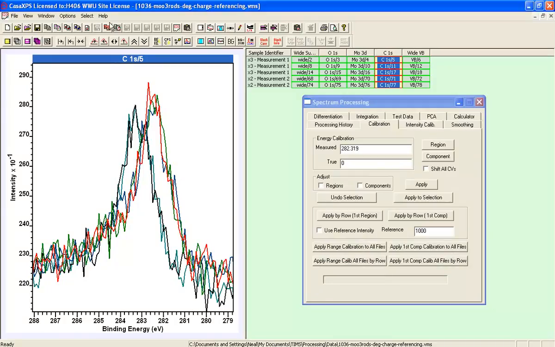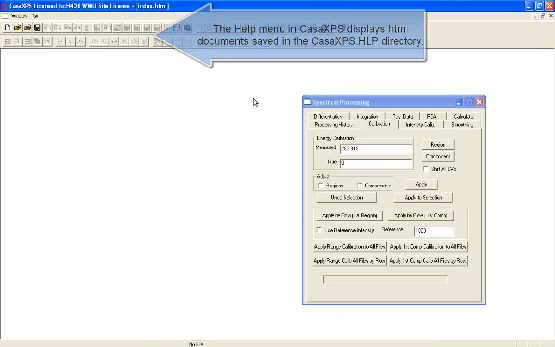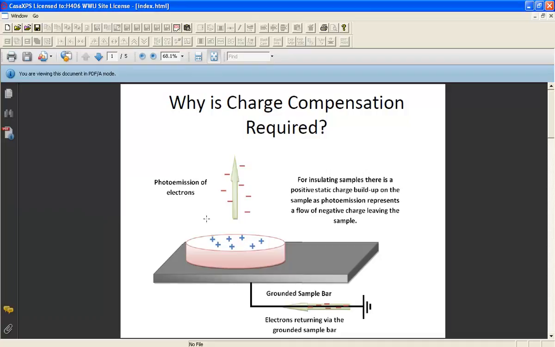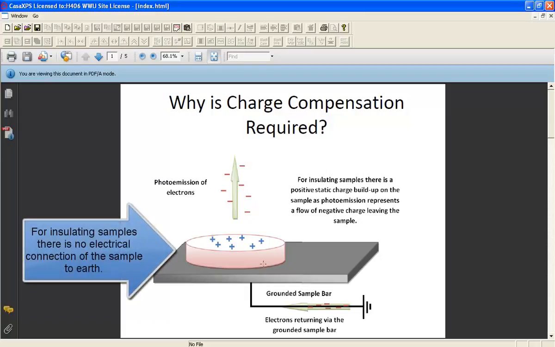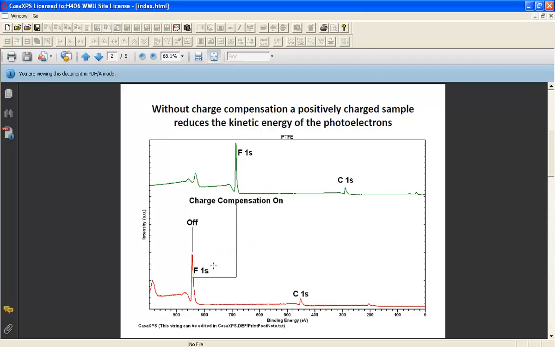And one question might be: why do you get shifts in XPS peaks? There's an explanation that a charge builds up on the sample because when you irradiate the sample with X-rays, electrons are being extracted, and these are the basis for the spectra that we're measuring, and this represents a current. And if there's no way for the charge to be replenished by a ground source, say, where electrons move from ground to the sample because we have an insulating sample, then what happens is the surface charges up, and the result is a shift. As the positive charge builds up, electrons find it harder to escape from the sample,